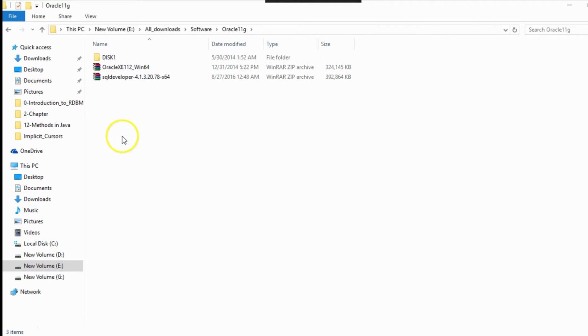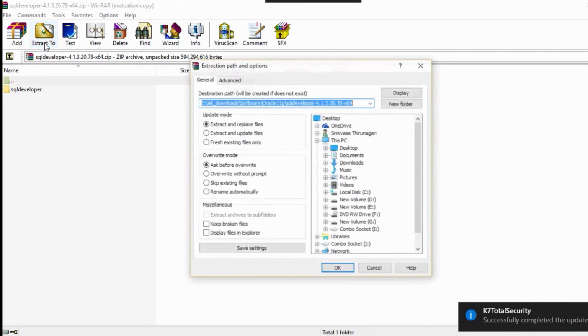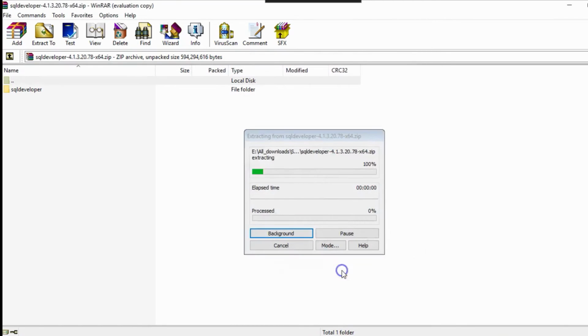The file has been downloaded in my directory, and it is in the form of a zip file. You can unzip it: extract to the same directory and say OK.